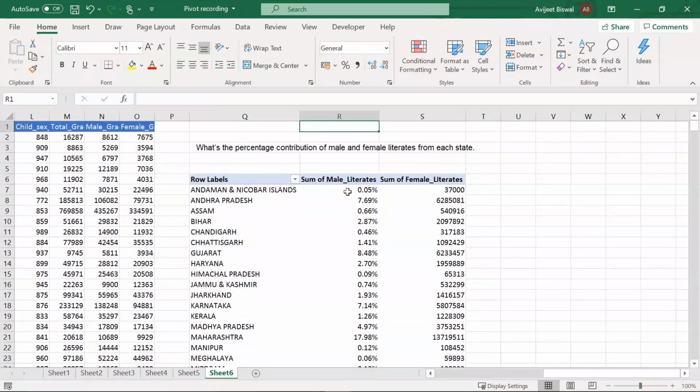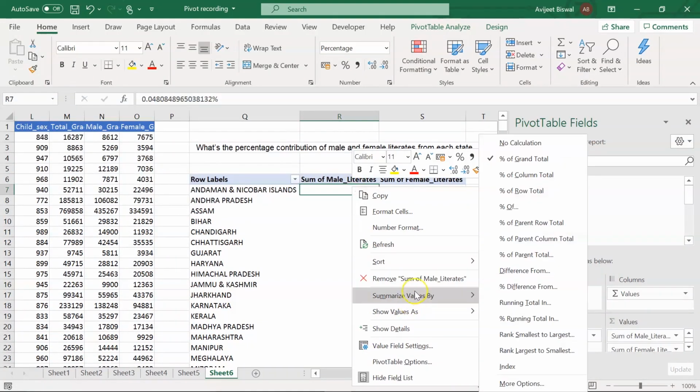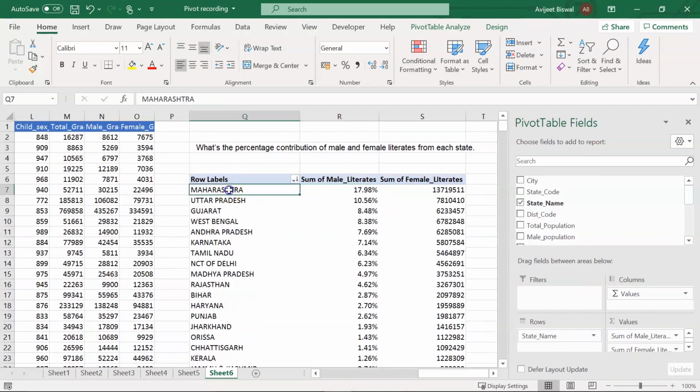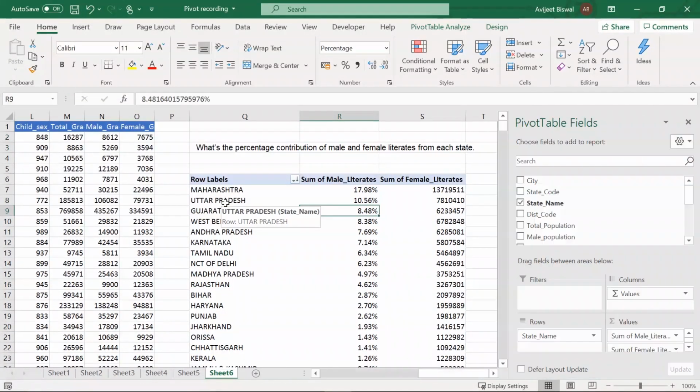Now if I sort this, you will get to know which state has the highest percentage contribution. So we have Maharashtra for male literates, then Uttar Pradesh in 2011. If I come down, we had Meghalaya, Nagaland and Andaman and Nicobar Islands as those states which had minimal contribution to male literates.